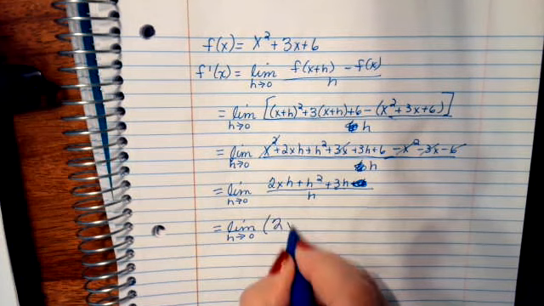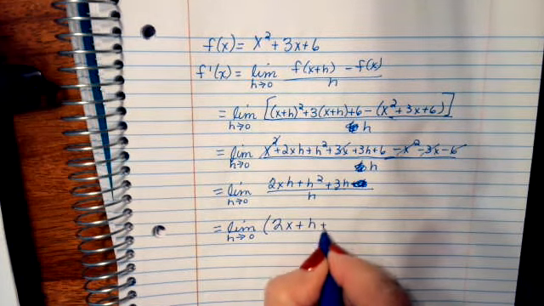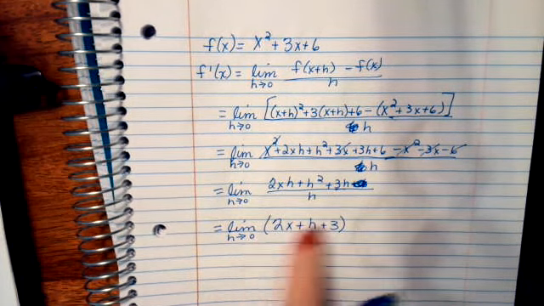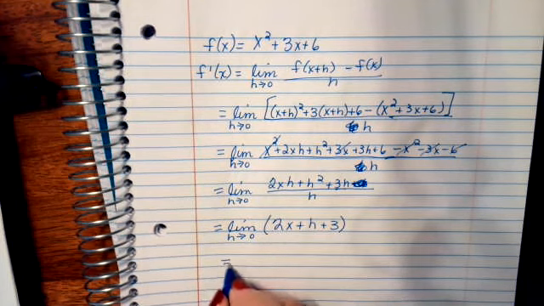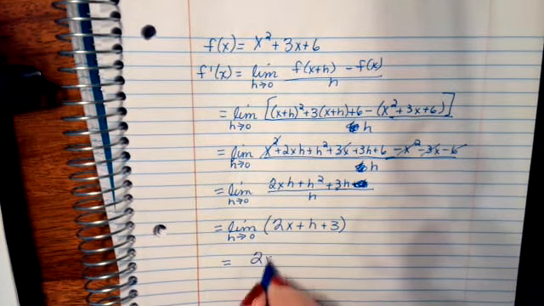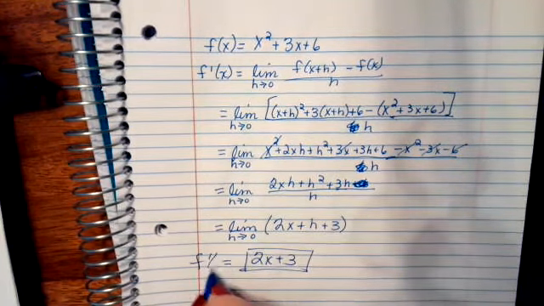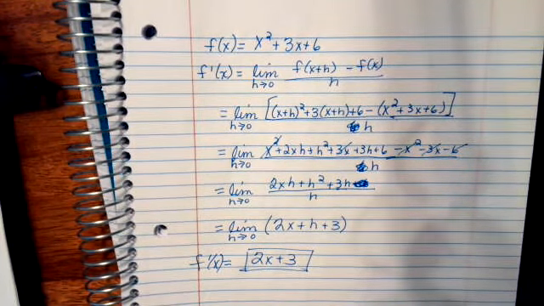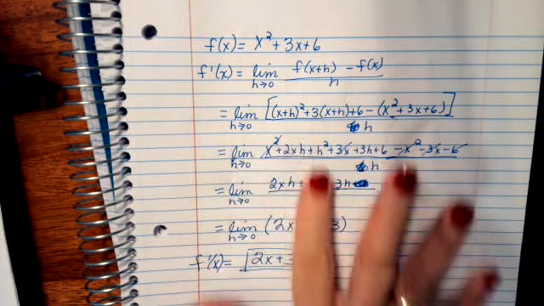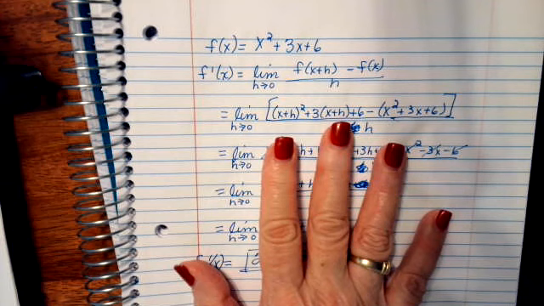So 2x plus h plus 3 is what I get. And then when I evaluate this limit at 0, sure enough, I get 2x plus 3 for f prime of x. Same thing. I mean, a very similar process, but mathematicians in the 1800s came along and they